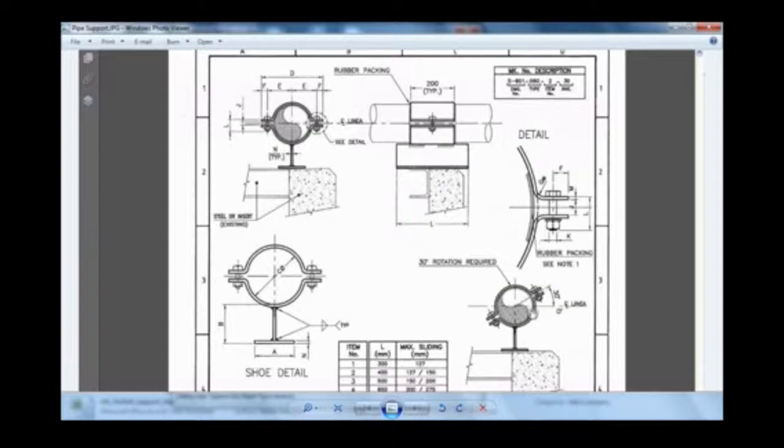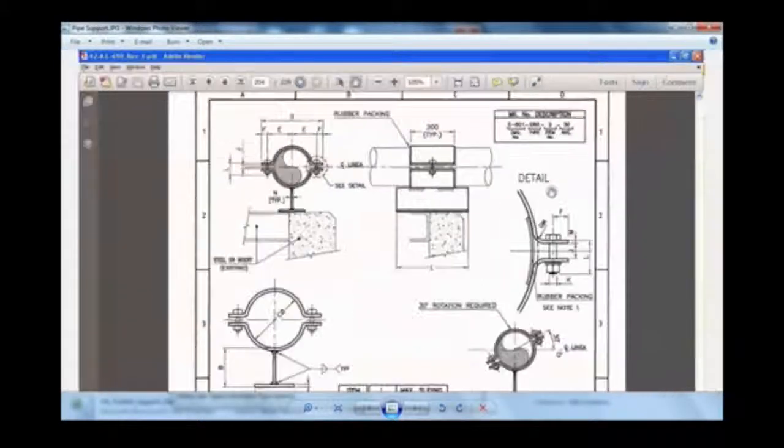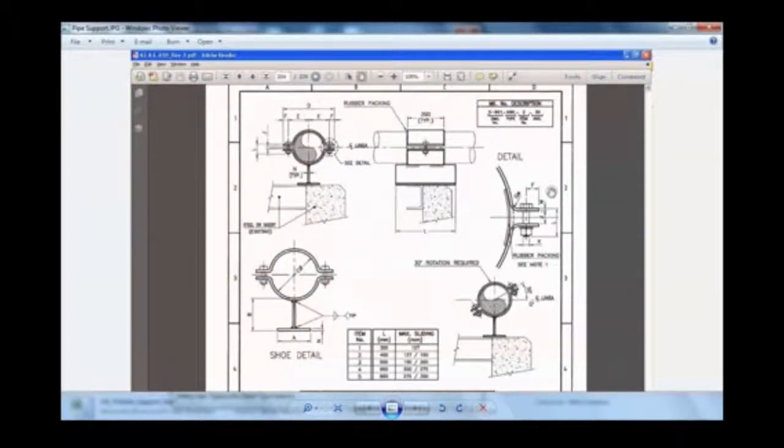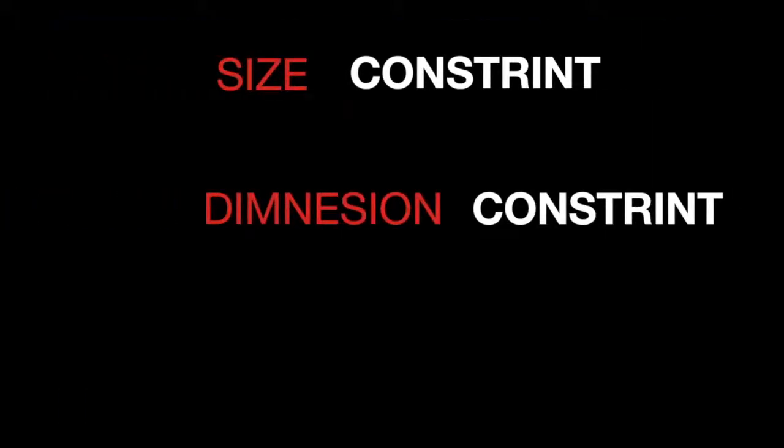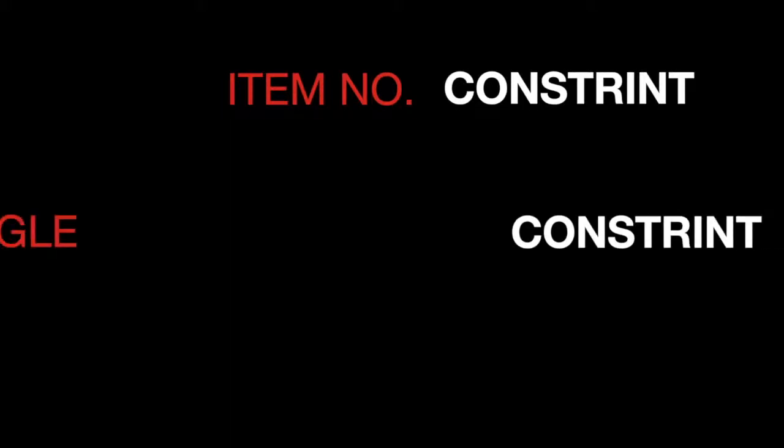And if you look into the clamp, they have given the rotation required, 30-degree rotation by default as of now, but still it can be variable. So the modeler can vary this angle of the clamp. That is why they call it angle in their tag number. So we have customized the support in SP3D, which is also called SmartPlant 3D, by considering all these constraints, or what we also call rules, which are to be applied for this particular support.